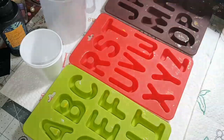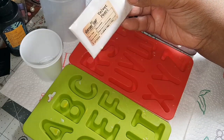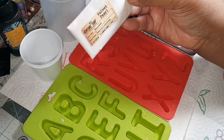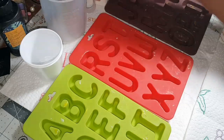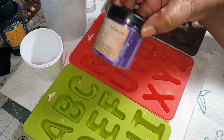And then you're going to need mica powders. Of course, I make soap, so I have a lot of natural soap powders. I wanted a pearl kind of powder, so I found a violet powder, and I'm also going to do it in purple Vibrance because this purple is